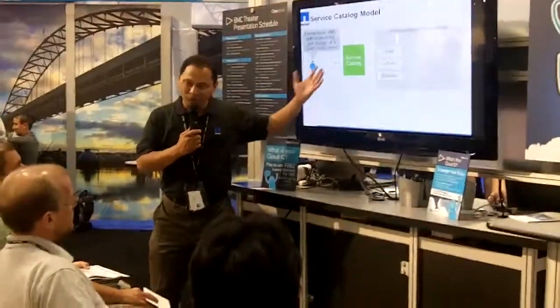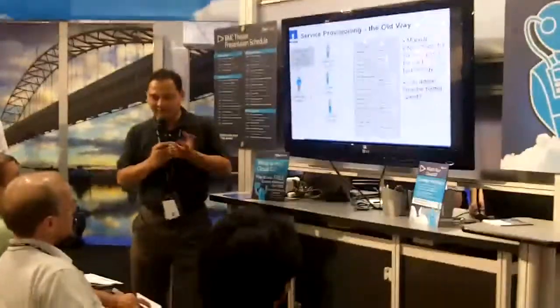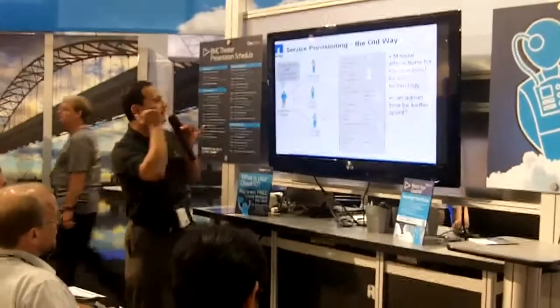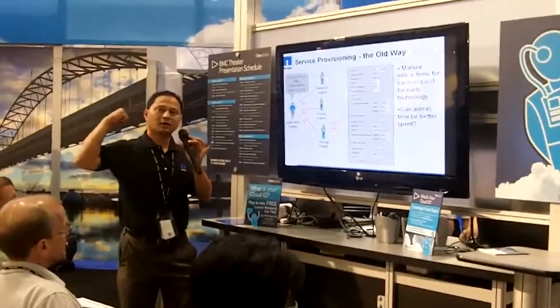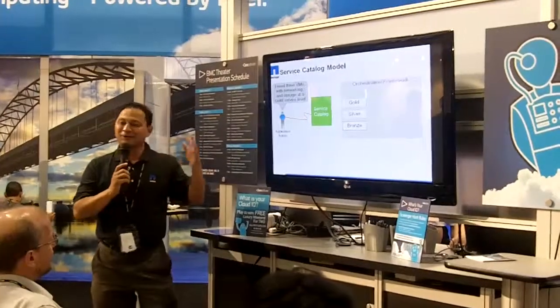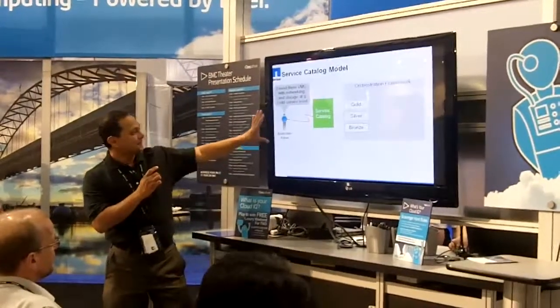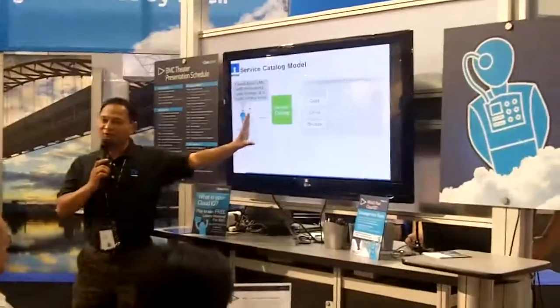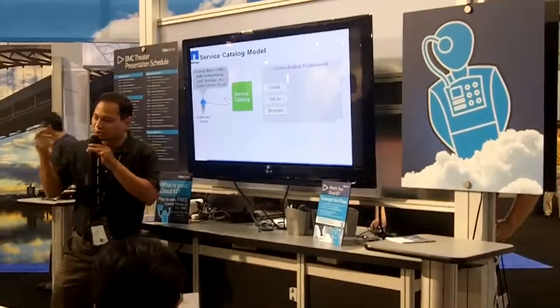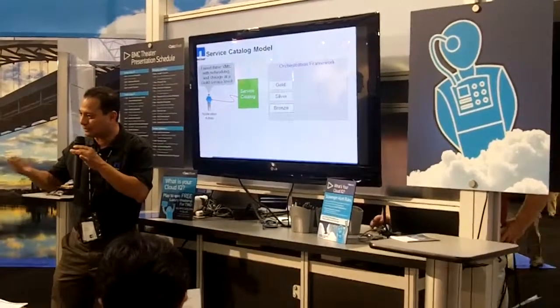Trying to just have communication between these folks so that he will get what he needs. Instead of that, the new way of doing things is in the next slide. Go ahead, please. Next slide. Okay, in the next slide, what happens is, instead of speaking to any of these guys, the application administrator is given a service catalog. Think of a service catalog like a menu card.